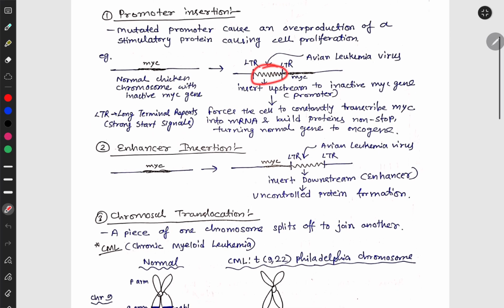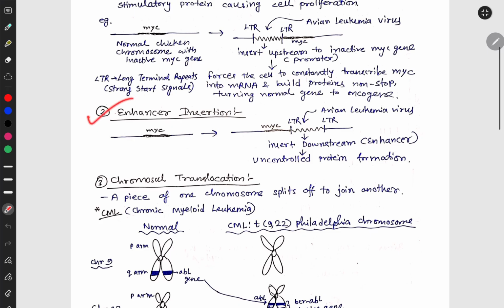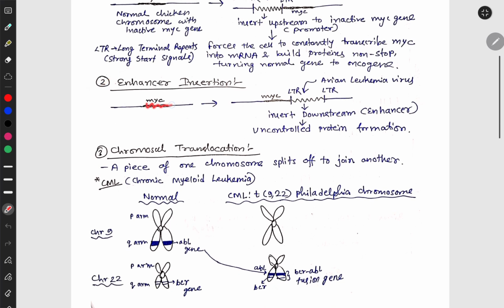Now this promoter region is mutated. This will force the cell to constantly transcribe the MYC gene into mRNA and then build proteins non-stop, turning a normal gene to an oncogene. So this is how a proto-oncogene converts into an oncogene by mutation in the promoter region. Enhancer insertion, this is simple. There is an inactive MYC gene, and if the avian leukemia virus inserts in the downstream region,